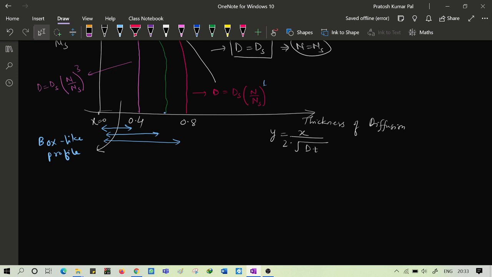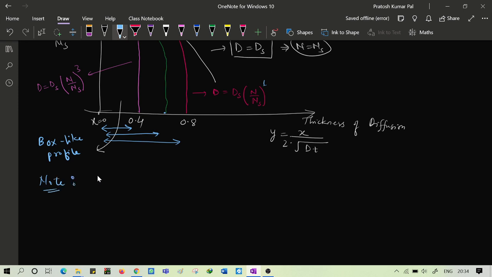Okay, so till now we have seen different cases in case of diffusion coefficient that we are having. One more point, some more points we can note down with respect to this. So to make a note,